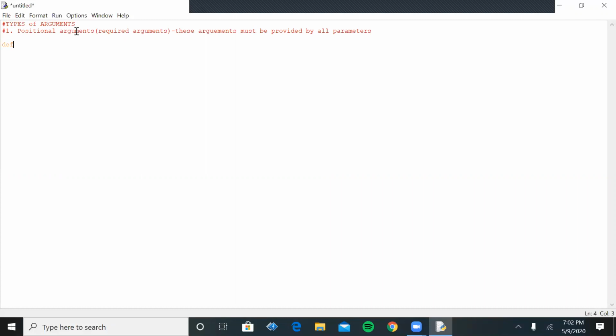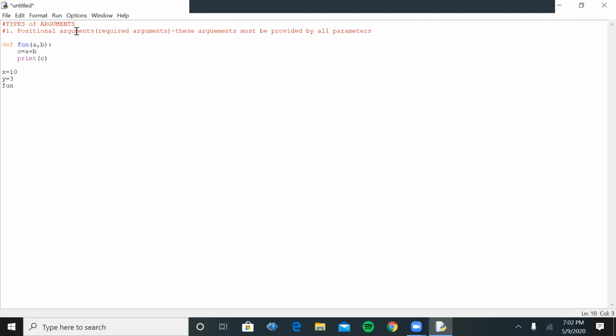Let's take an example. Suppose I am declaring a function with two parameters, and I am just adding the values of the two variables and printing the result. After that, I specify the first variable value and the second variable value.